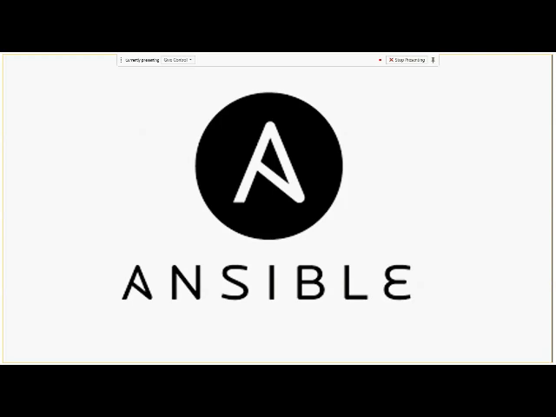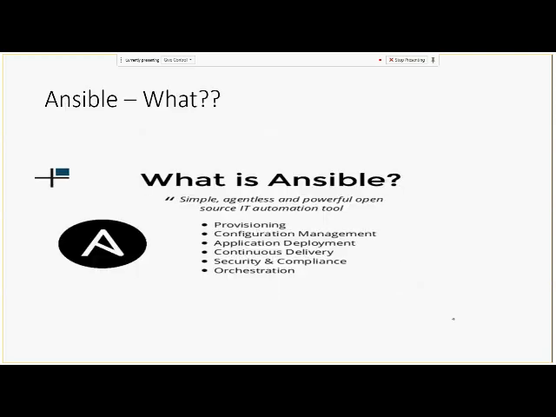Unlike other DevOps tools such as Chef and Puppet, Ansible is very straightforward and very easy to use, and still it has a lot of features. Let's get into the depth of this tool. It is a simple, agentless, and powerful open source IT automation tool. As I said, provisioning,